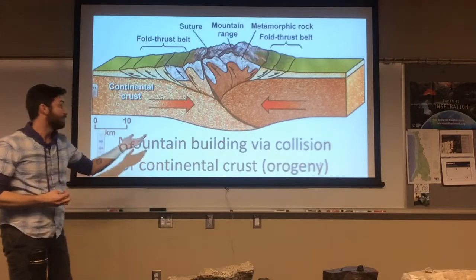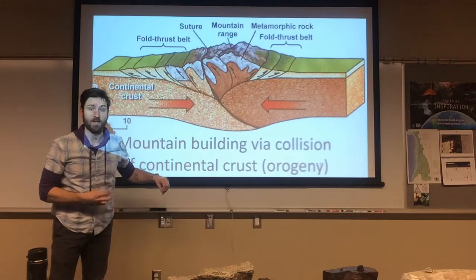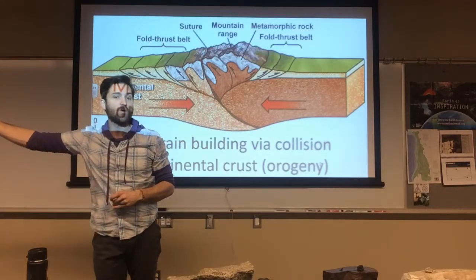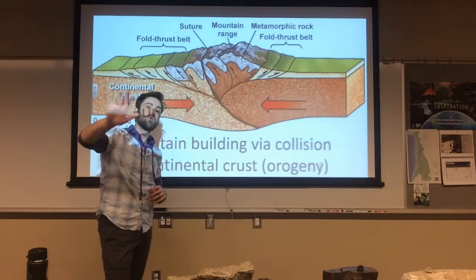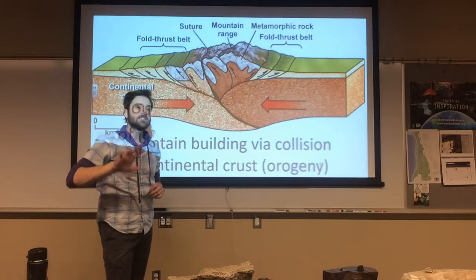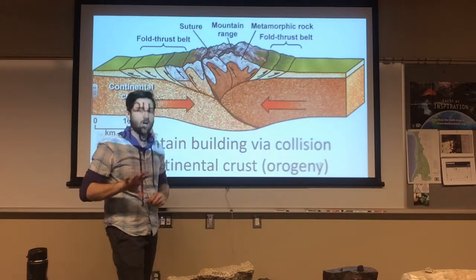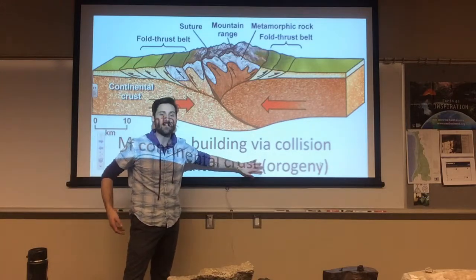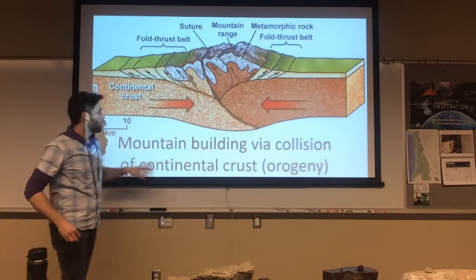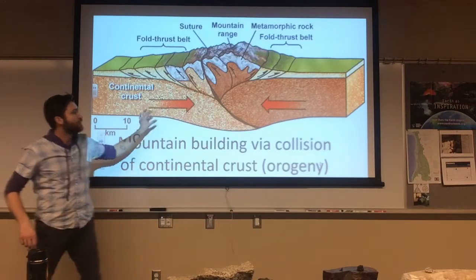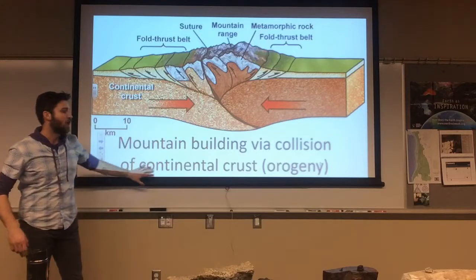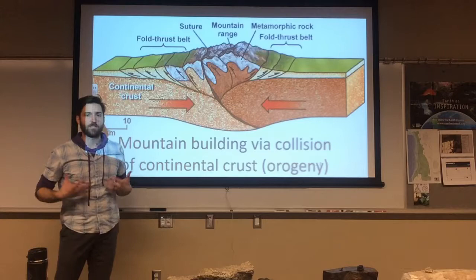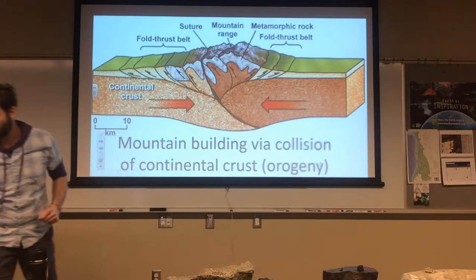And in one case, this is like the Himalayan mountain range. In another case, this is like the Rocky Mountains that are not too far away from us, right? Now it's a different, more young scenario, but similarly, continent-to-continent collisions cause really large orogens or orogenies, mountain-building processes. So mountain building via this process of continental crust collision is called orogeny, the process of mountain building.